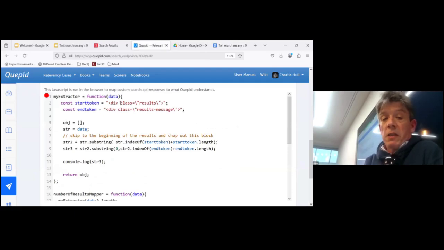And literally, I just create some string tokens where I know the start of the results and where I know the results end. Chop that out using some horrendous manipulation. And the next bit there, do some console logging.